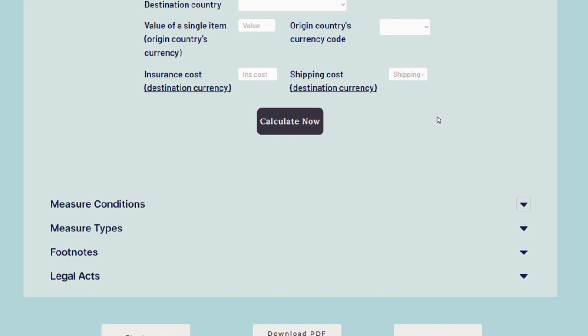What does that mean? There are several types of export measures applicable to most UK exports. They can relate to payable duties, presentation of certificates and export licenses, export control sanctions and trade restrictions, and so on. And these measures come with conditions attached to them, which in turn stem from the legislation. Lastly, the HMRC has helpfully provided footnotes about additional information to bear in mind.